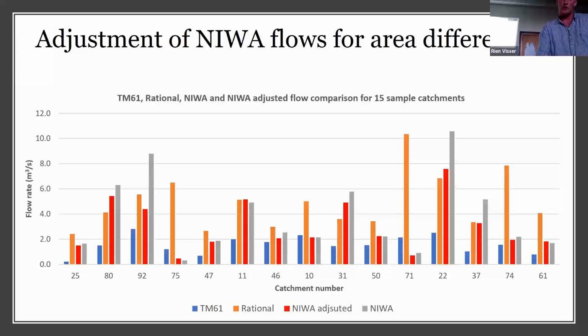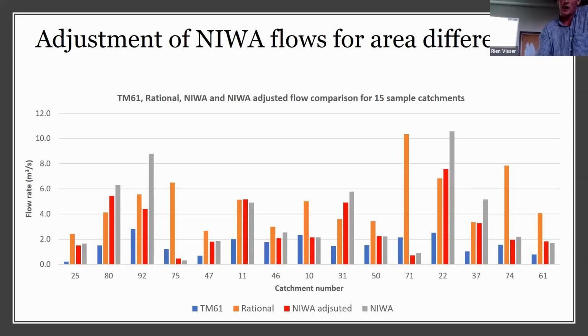So the figure shows the red is the adjusted flows of the NIWA, while the grey is the original. And as can be seen in figures 92 and 22, it has a substantial impact on the flows and reduces them by a reasonable amount